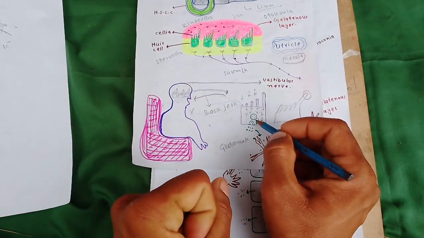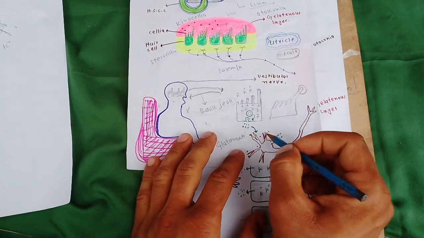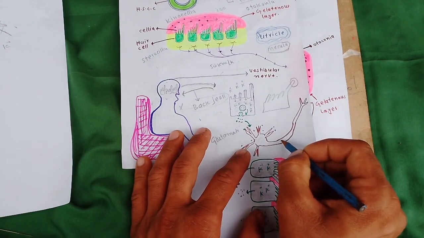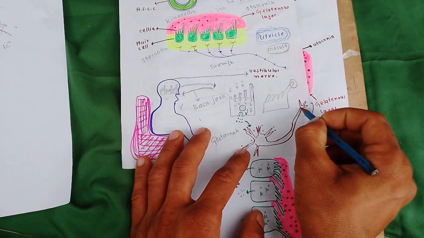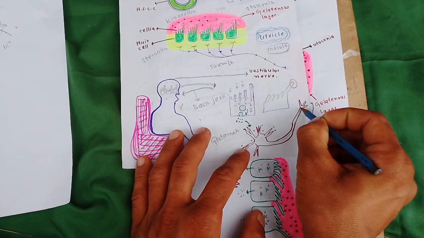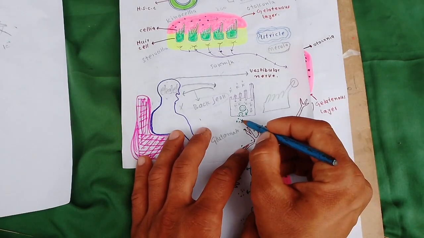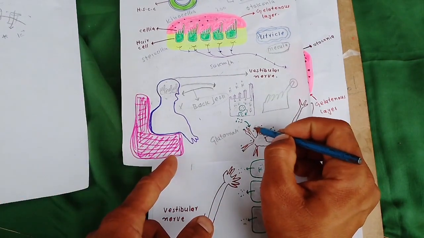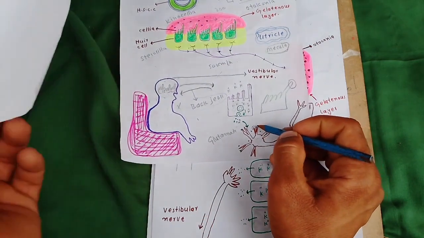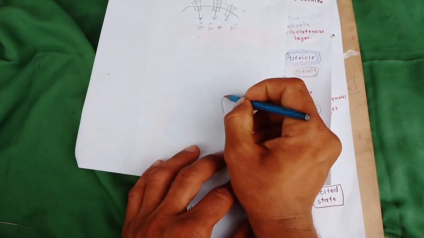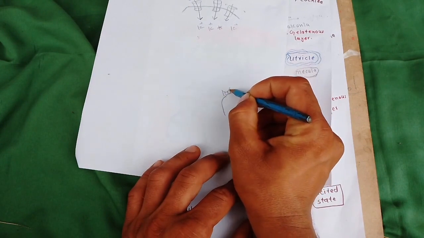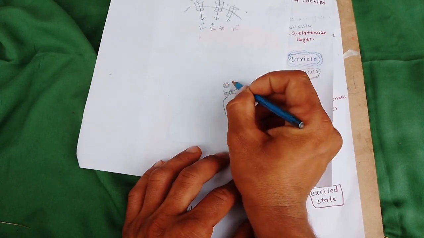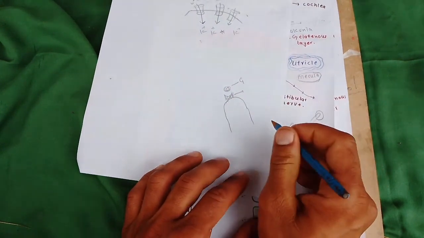Due to the local potential, this vesicle releases the glutamate. This is the neuron, this is the cell body, these are the dendrites of the neuron, and this is the axon of the neuron, which reaches the medulla oblongata, the pons, and the cerebellum. When I zoom into this small part of the dendrite, there is a receptor on the dendrite membrane. When the glutamate is attached here, at the dendrite ending,